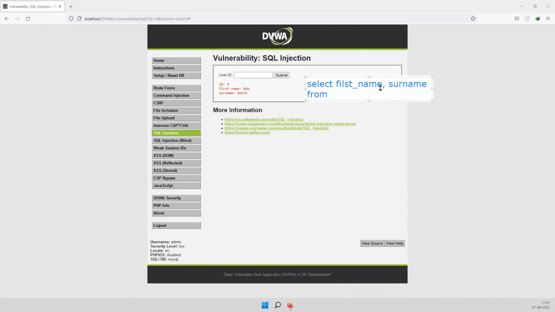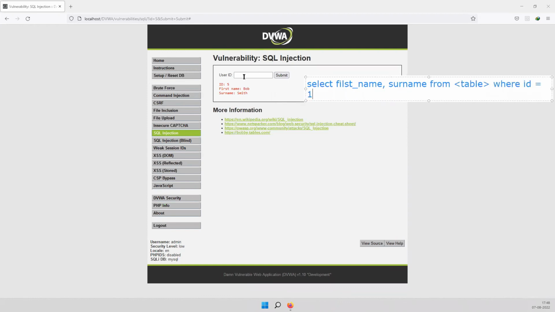I don't know the table name, so I'm putting it like this, a table. Where ID equal to XYZ. One. So maybe this query is going on the back end, right?